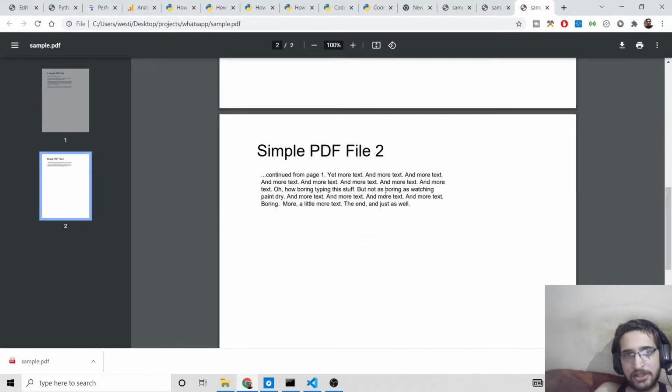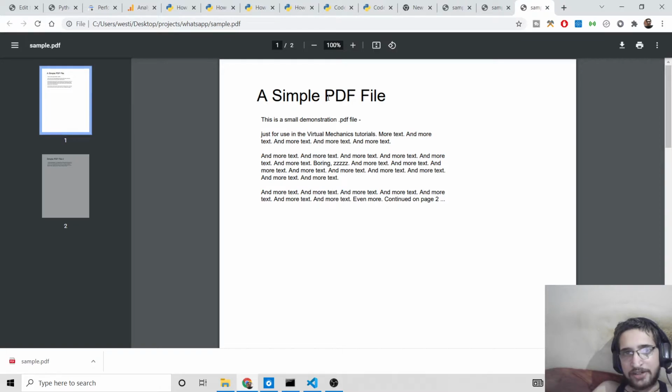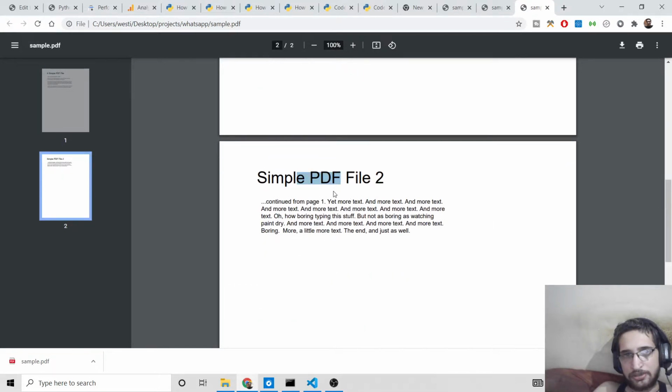This is the second page. Let's suppose we need to highlight some kind of text here. We need to search for PDF inside this. The PDF is repeating here, and on the second page also, here also. So we need to highlight this.